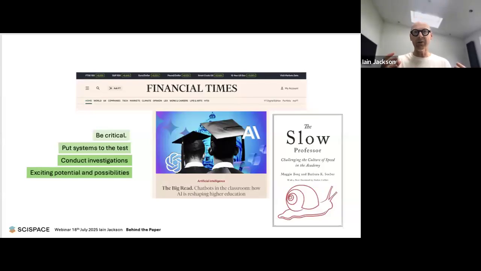AI can accelerate the rate at which we write. It can accelerate the way in which we conduct literature reviews and so on. But I'm not suggesting for one minute we do more. I'm not suggesting we write more and more papers. No, what I'm suggesting is use the tools to write better ones. Use SciSpace and these other pieces of new technology to be a better researcher, not to accelerate production for its own sake. We don't want to do that. We're already inundated with papers that aren't making the impact.